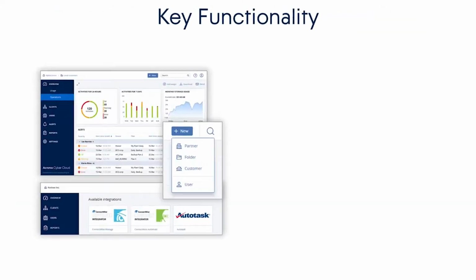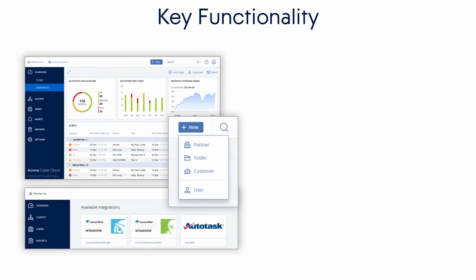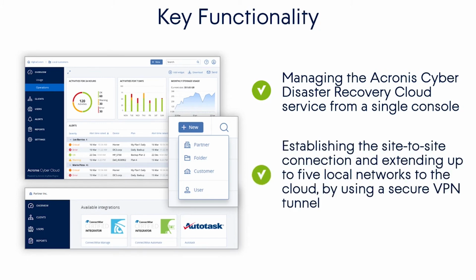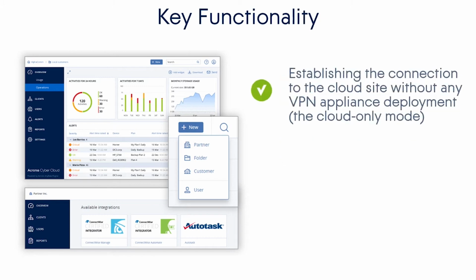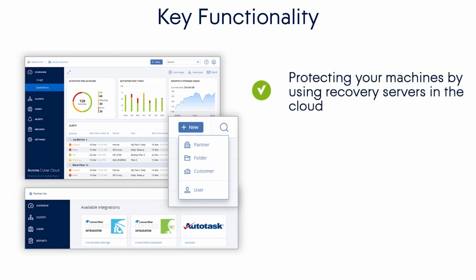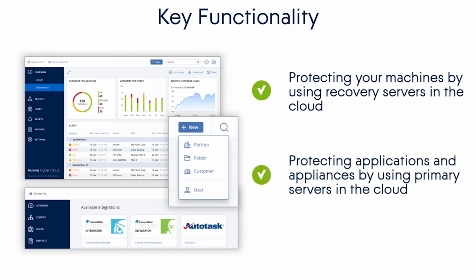The key functionality includes, but is not limited to, managing the Acronis Cyber Disaster Recovery Cloud service from a single console, establishing the site-to-site connection and extending your local networks to the cloud by using a secure VPN tunnel, establishing the connection to the cloud site without any VPN appliance deployment, the cloud-only mode, establishing the point-to-site connection to your local and cloud sites, protecting your machines by using recovery servers in the cloud, protecting applications and appliances